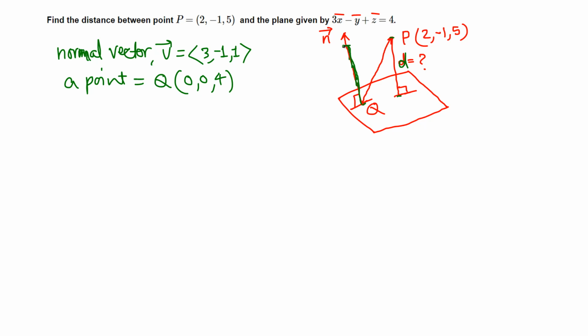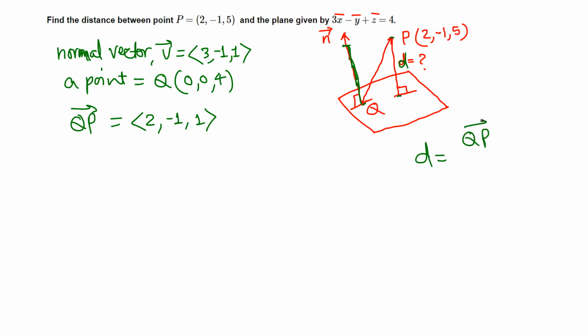Okay, now to find this projection of qp, we need qp vector. So subtract the coordinates of q from p, p minus q, and p is 2, -1, 5. So 2 minus 0, 2, -1 minus 0, -1, 5 minus 4 is 1. Okay, and to find this projection of qp, so the distance is just